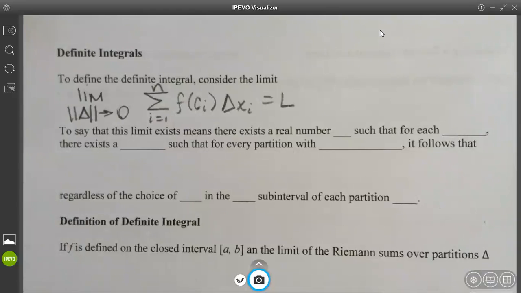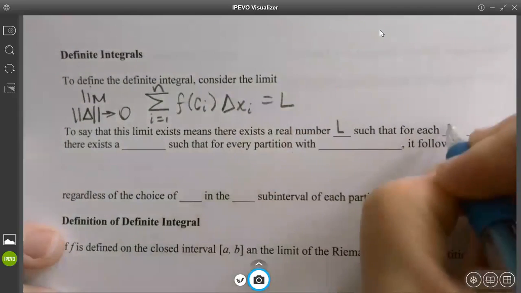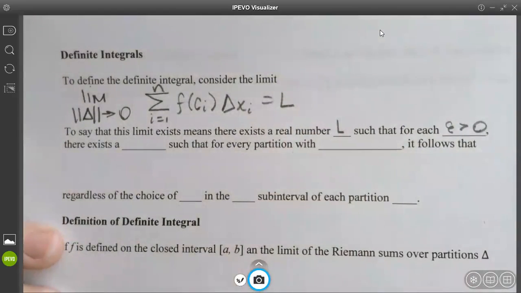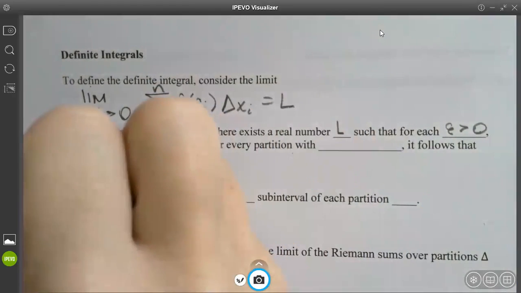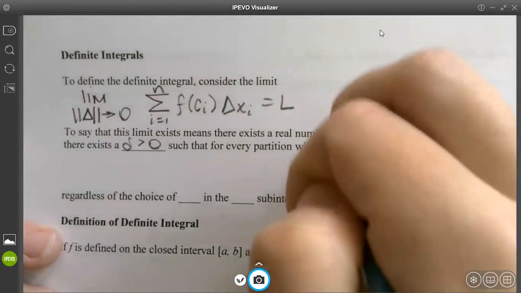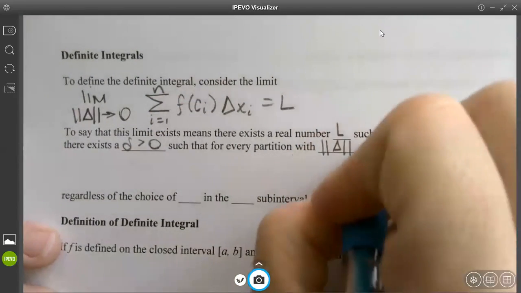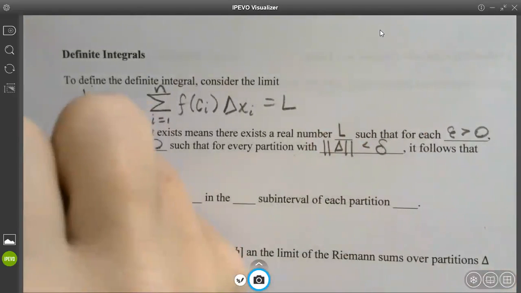To say that this limit exists means that there exists a real number L such that for each epsilon greater than 0, there exists a delta greater than 0. Oh, greater than. But they're both greater than. I was looking ahead. I'll tell you the next one is less than. Such that for every partition of delta less than the other one, it follows that